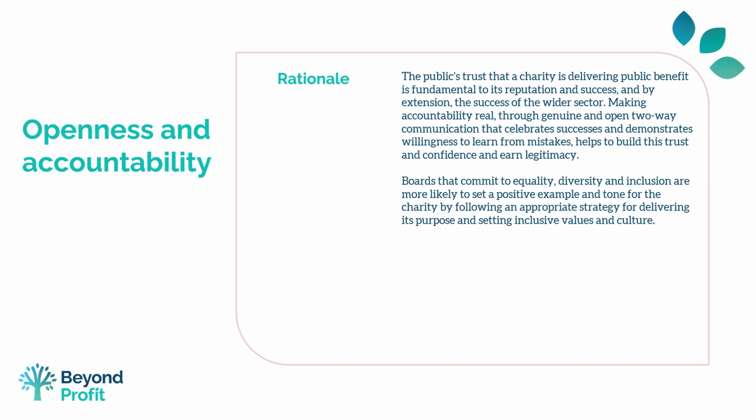You're also accountable to the Charity Commission. So remember that you need to file your Trustees Annual Report and accounts with the Charity Commission 10 months after your financial year end date. And if your income is over £25,000, you also need an independent examination. If your income's over £250,000 and you've got assets of over £3.26 million, you require an audit. You will also require an audit if your income is over £1 million.